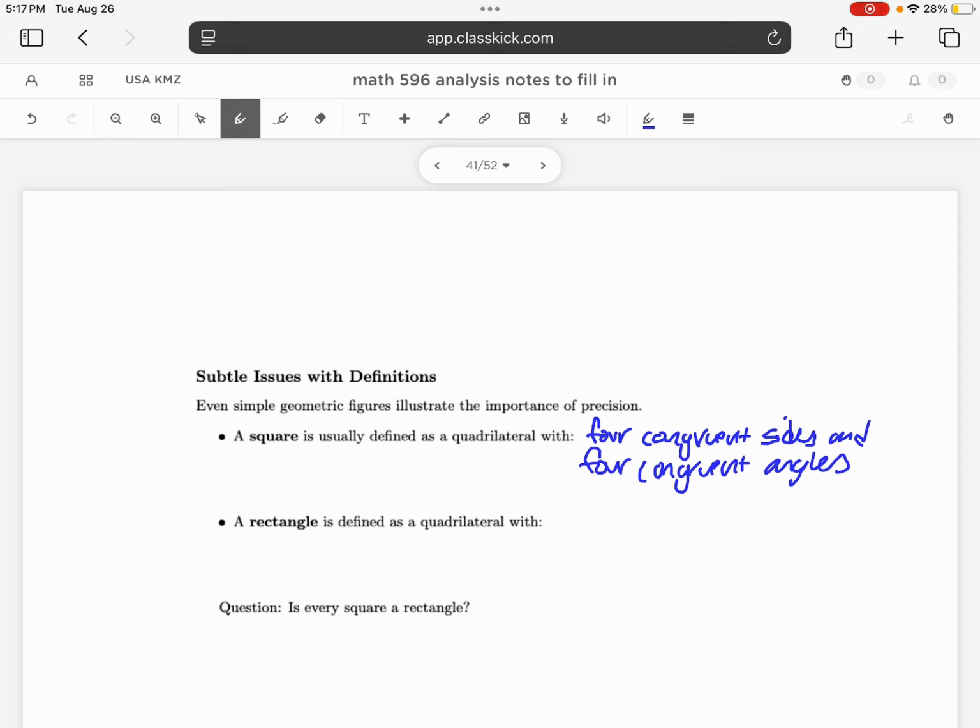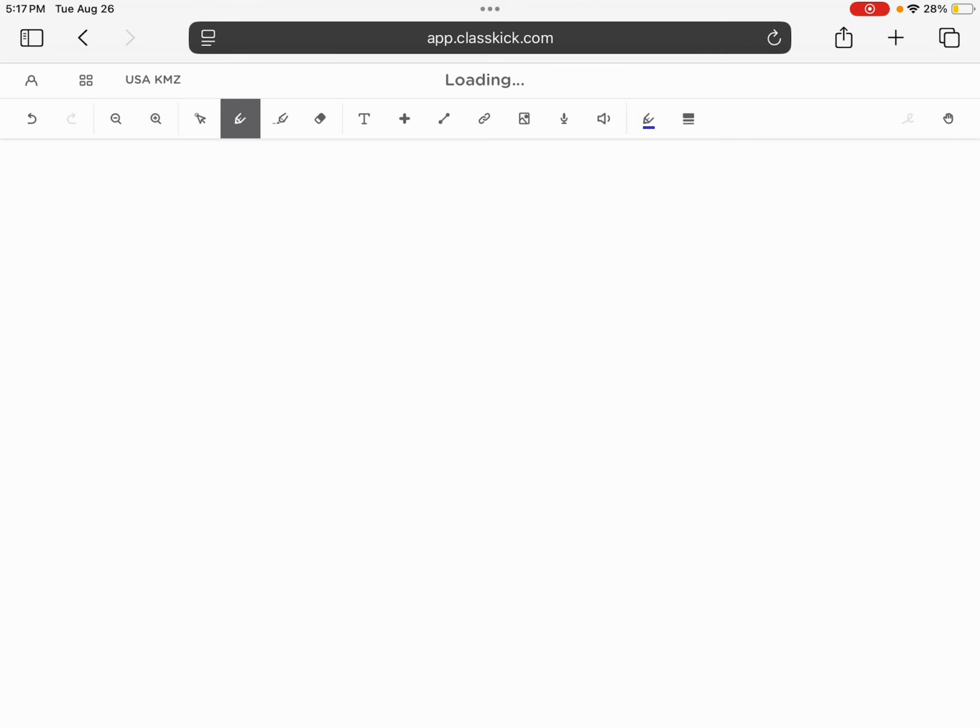So in other words, a quadrilateral with 4 congruent angles only. Then a natural question to ask would be, is every square a rectangle? If we're defining it this way, which is I think the most normal way to define it, then the answer would be yes, except